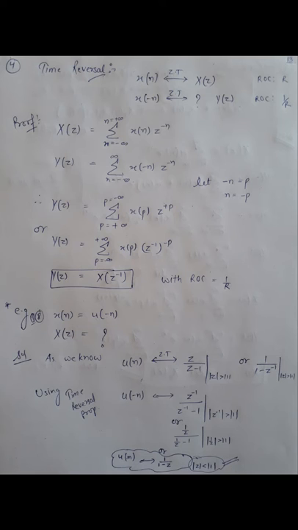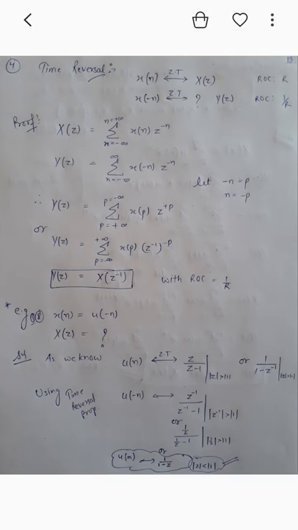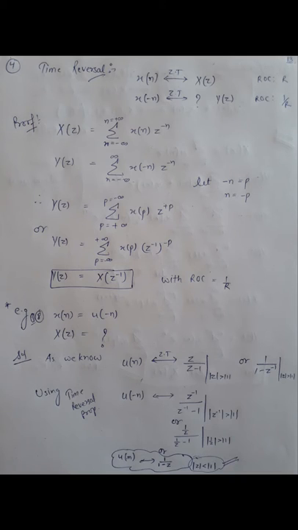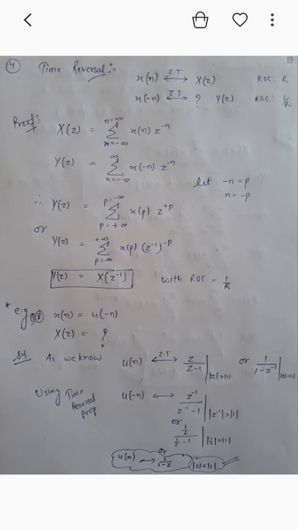We know that for the proof, we just write down the formula for the Z transform, that is the summation n equals minus infinity to infinity x[n] z raised to power minus n. Replace x[n] by x[-n]. Now let's suppose minus n is equal to a variable p, so n equals minus p. In that way, if we put the values, the summation limits also change, p equals plus infinity to minus infinity, x[p] z raised to power plus p.